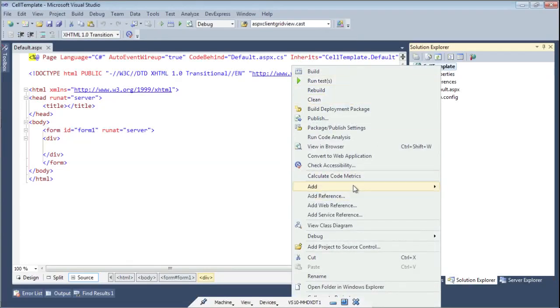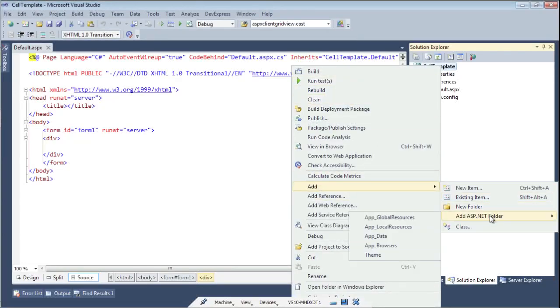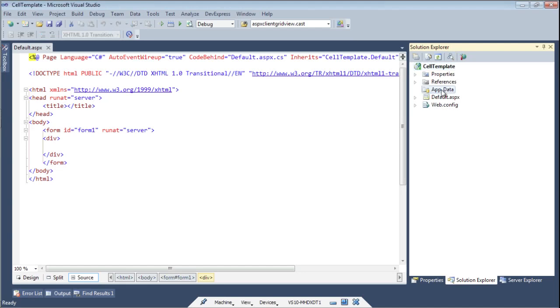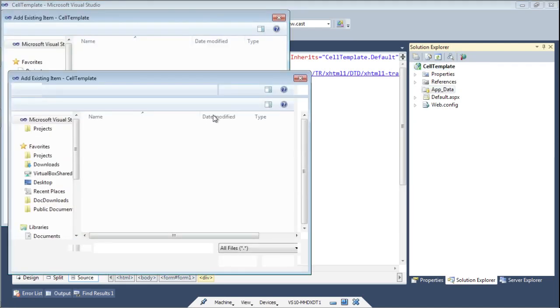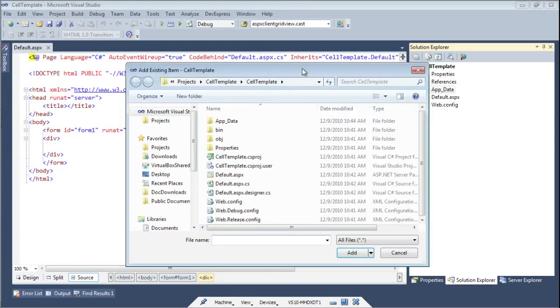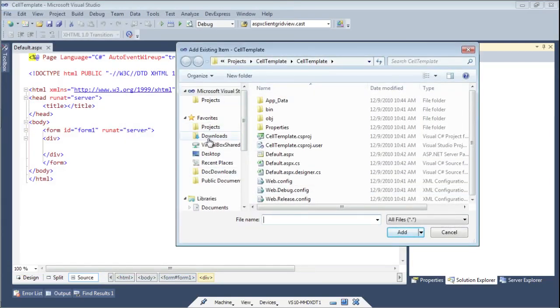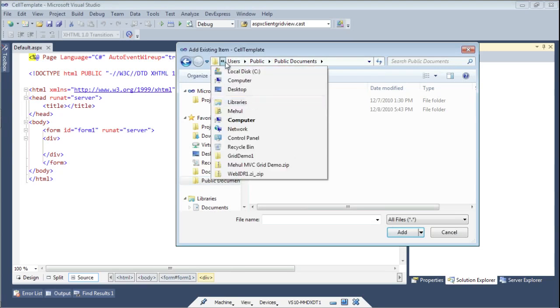So what I'm going to do is add an ASP.NET folder here. I'll call it app data. And to app data, I'm going to add an existing item. If you ever want to use app data for yourself, you can simply go to, actually, let me show you